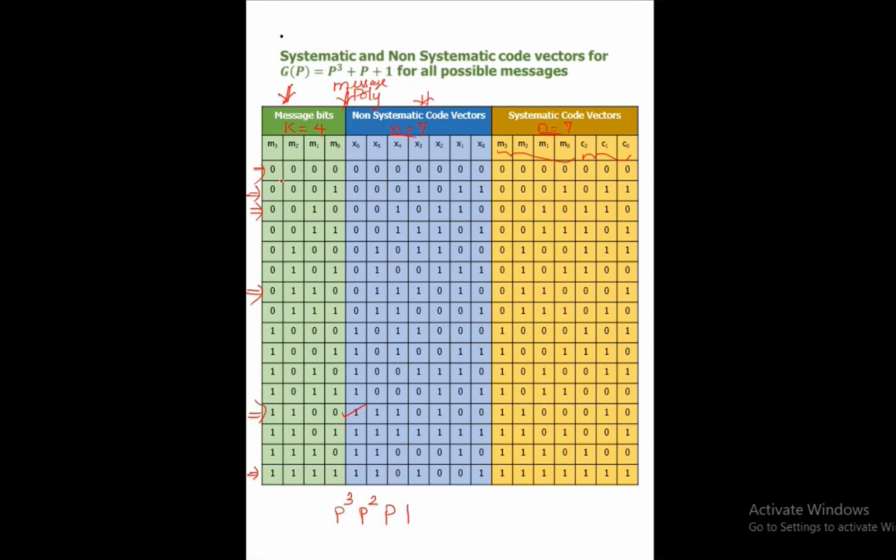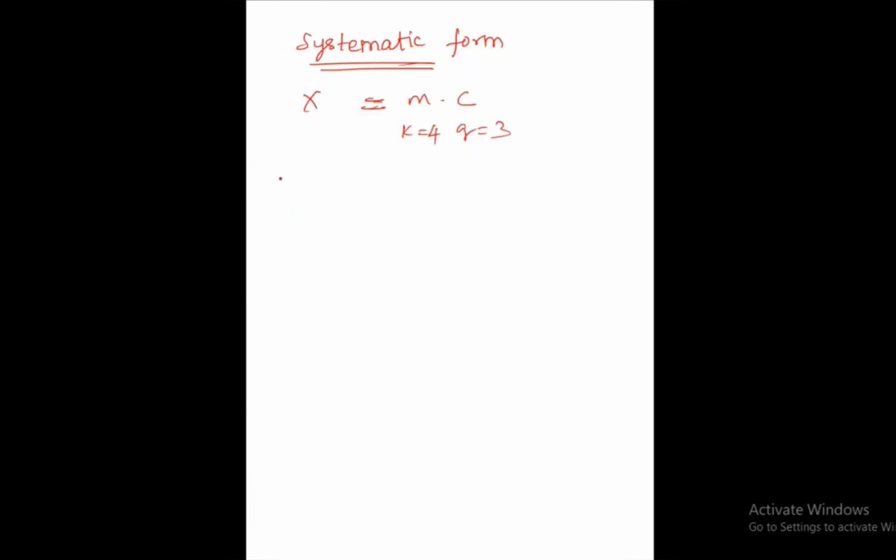Your first step is to write the message sequence first, whatever you have written, from 0 to 1 1 write it first. The remaining thing to calculate is only your check bits C2 C1 C0, because your q value is 3 here. So C2 C1 C0 is what we are going to calculate. So the formula to find your check bits